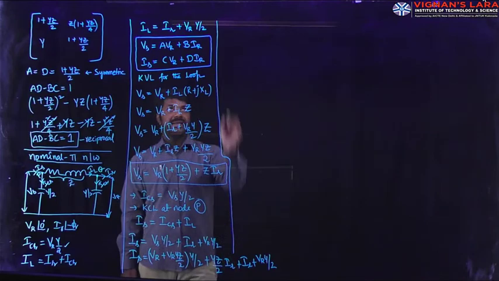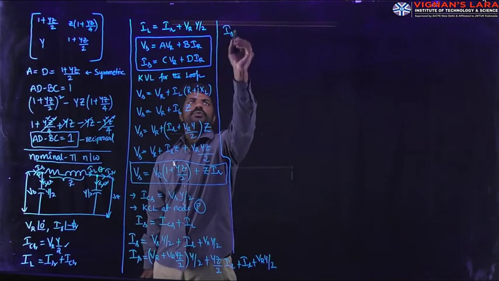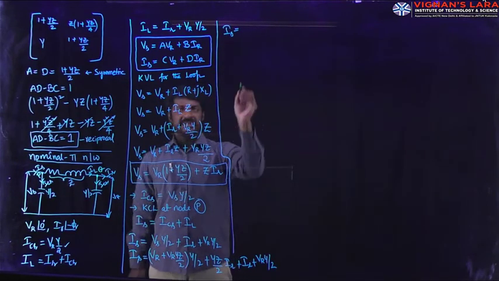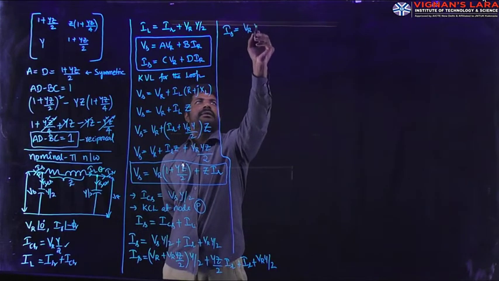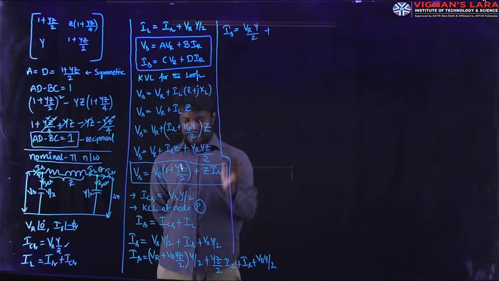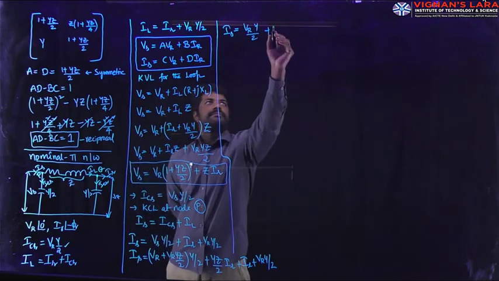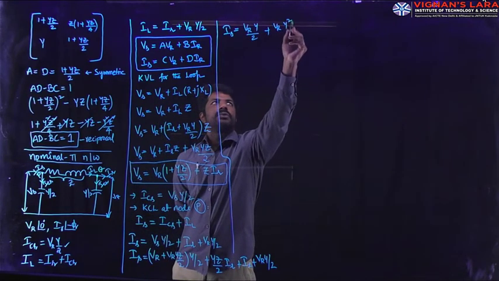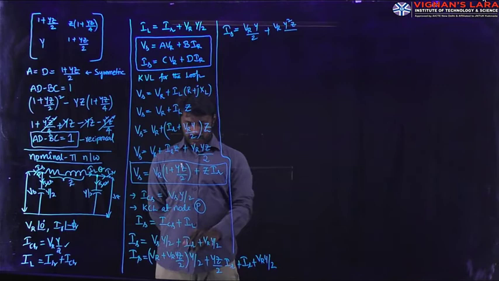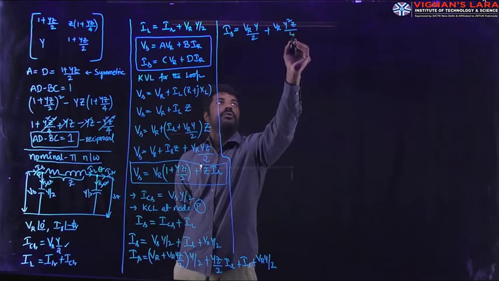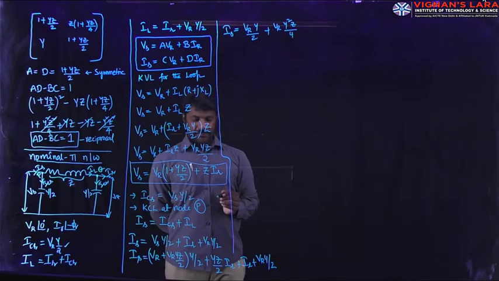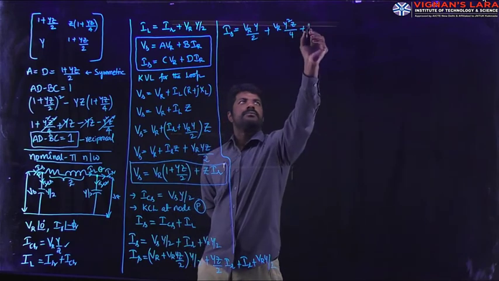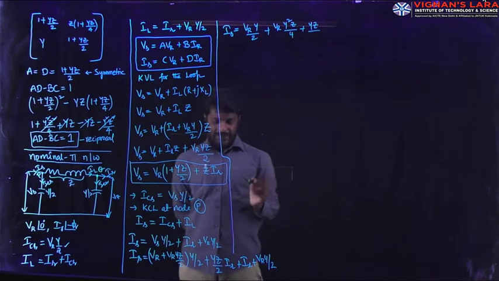Then what we get is Is equal to, simplifying the part, that is VR y by 2 plus VR y square z by 2 into 2, it is equal to 4, plus yz by 2